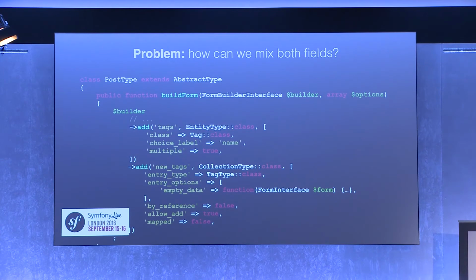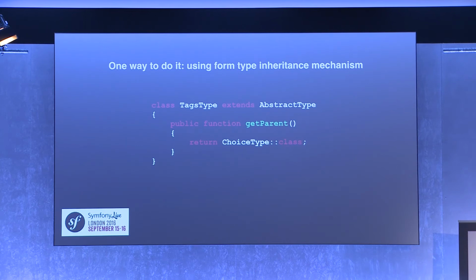So to work around this problem and replace all these fields and this unmapped thing, etc., we'd like to have one type which has the responsibility to do it. We don't extend the entity type here because entity type is already an extension of the choice type, implementing its own logic to build a choice loader. Instead, we are going to build our own entity type, which I call tags type, with a plural to make a difference. And this type will need the repository to fetch, get,